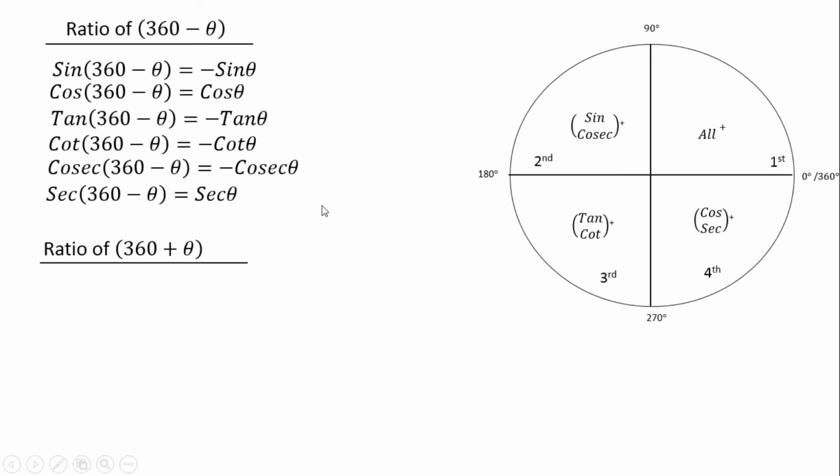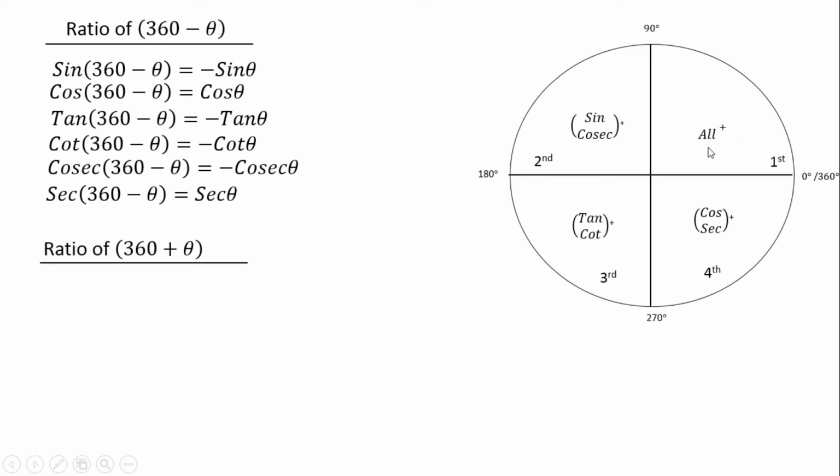As we know, in a circle there will be no more than 360. So whenever we get this type of angle, we have to take 360, which means the first quadrant. An angle which is more than 360, if we break it into 360 plus, like 420 degrees, which is 360 plus 60, then that angle will fall into the first quadrant.